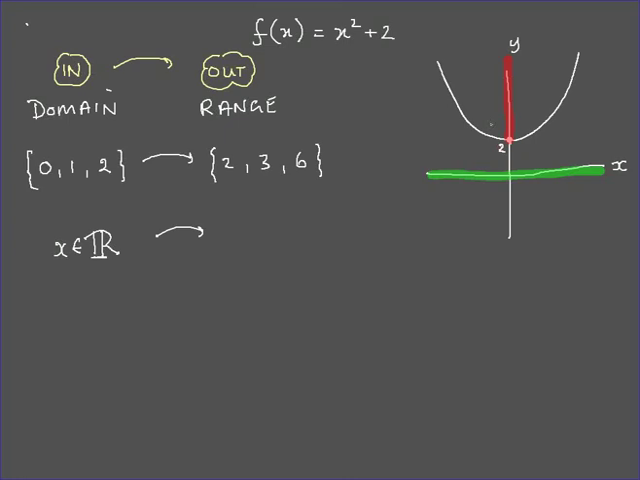And very quickly a graph will show us numbers in, numbers out, and what we can see is that the green line, real numbers in, gives us numbers greater than or equal to 2 coming out. So we've got our range and our domain. Numbers in, numbers out. We can either pick and choose, or we are asking ourselves,